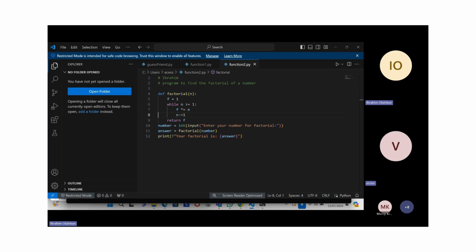It goes to the while loop again: while n >= 1:. While n, which is 0, is greater than or equal to 1, that's a false statement, so it breaks out of the loop. So go to the return statement: return f. So return 6, and then it puts the 6 into